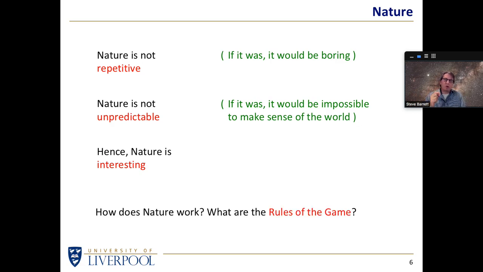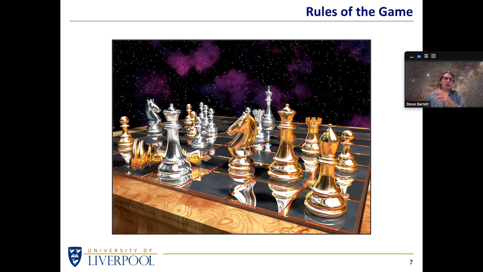But we can still ask the question, how does nature work? In other words, what are the rules of the game? What are the rules of the game by which nature operates? If we were looking at that particular collection of objects and we didn't know anything about the game of chess, would it be possible for us to figure out what the rules were simply based on that snapshot? There's a few different pieces of all different shapes. They appear to be two different colours. So perhaps this is a game between two people. But trying to figure out what are the allowable moves for each piece would be very difficult just looking at